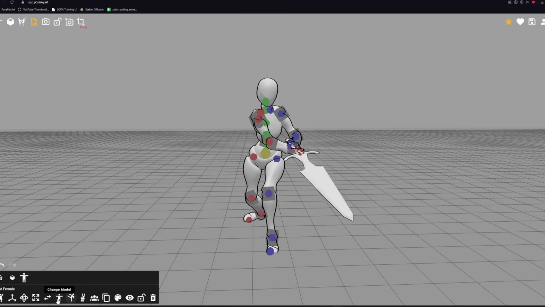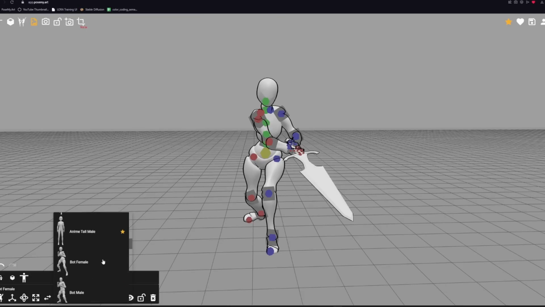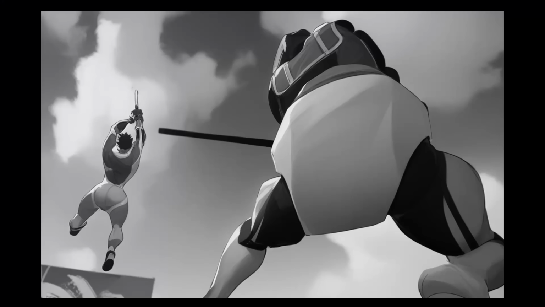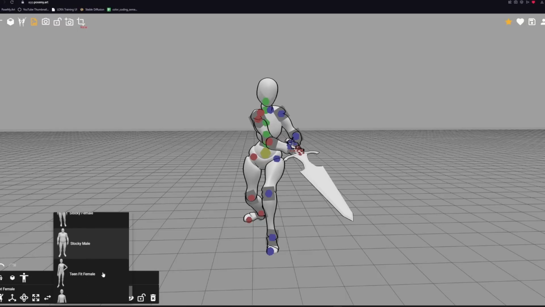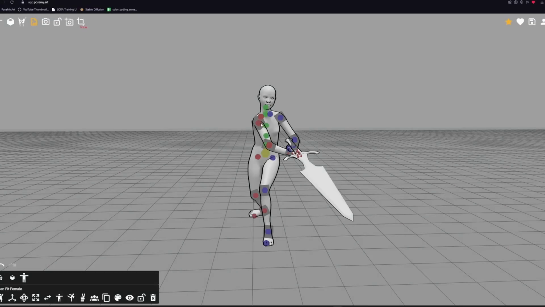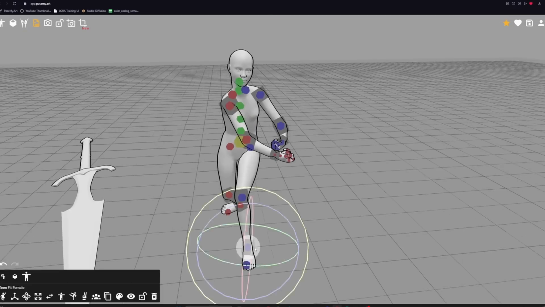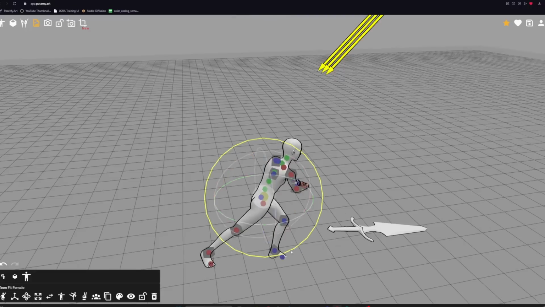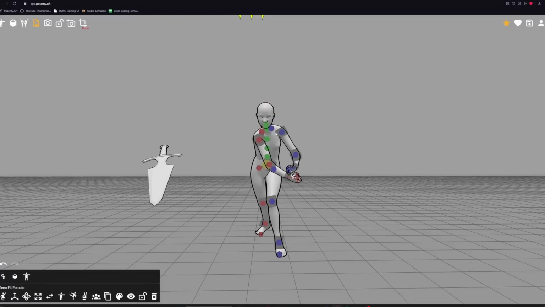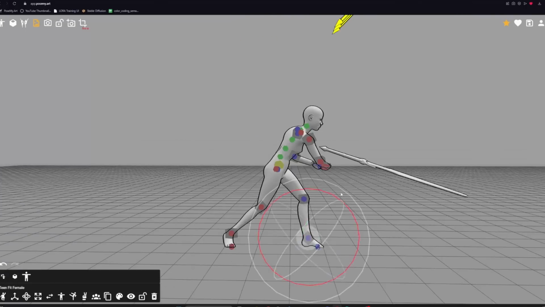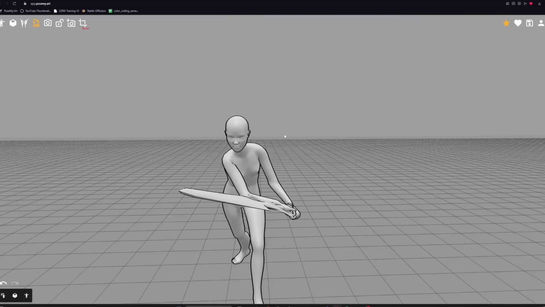Okay, let's change the model to one with more natural shapes, or else Stable Diffusion might make us a meme character. I will use the Teen Fit Female 3D model. If you need more than one, you can add it here or just duplicate the one you have. I will modify the pose until I like the flow of it a little more, focusing on having a nice silhouette, so an easy to read pose. Then I will place the sword better.